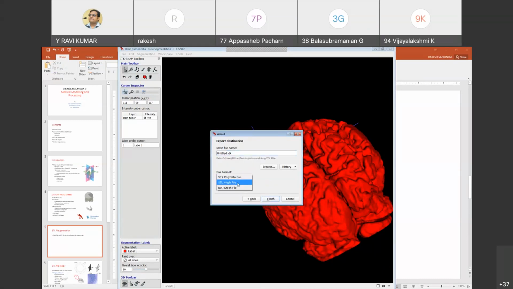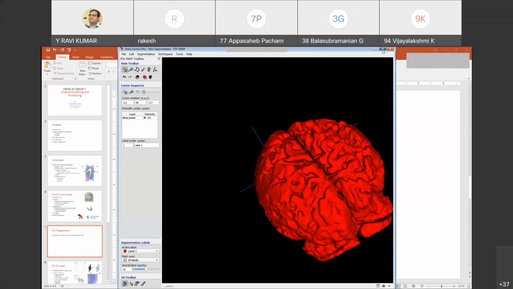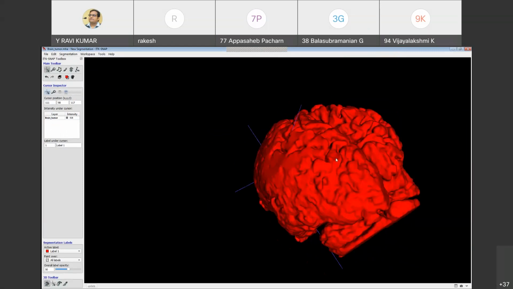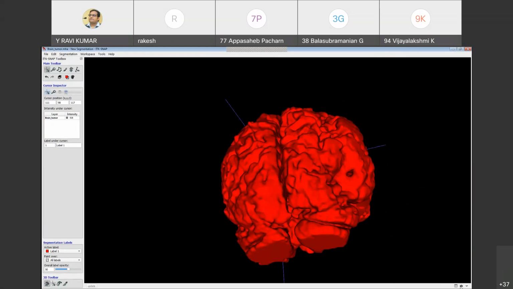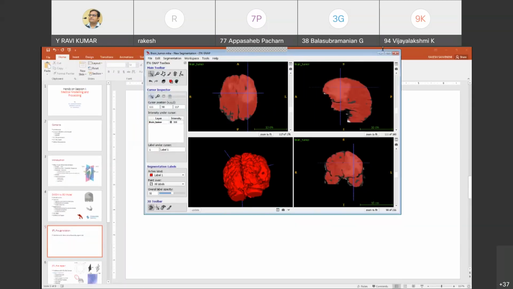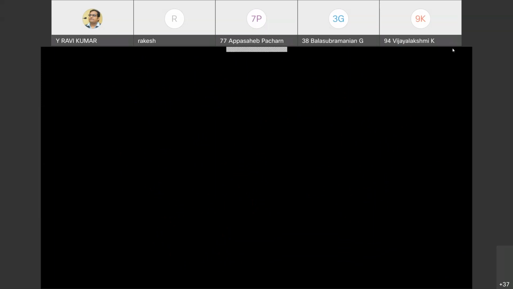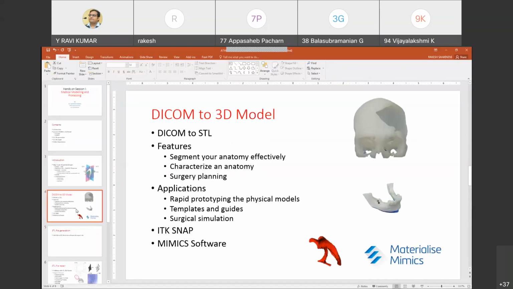Next, STL file mesh. You name it. So this is the way we'll work on this ITK SNAP to generate the models. So this is about ITK SNAP.